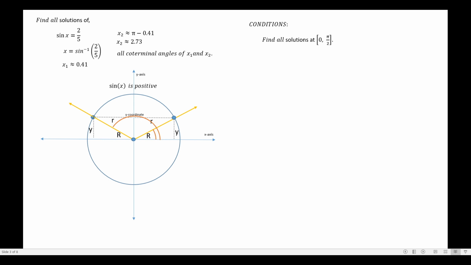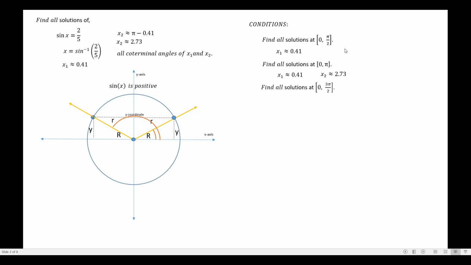Now, in some cases, we also find all solutions from 0 to, I mean, pi. So that means that is considering the values in the first quadrant and the second quadrant. So again, we will still consider the value in quadrant 1. So that means x sub 1 is 0.41. Okay. Now for the second value, of course, we will also consider 2.73, since this terminal side will already be considered, since the interval is extended from 0 until pi instead of this pi over 2 in the first example.